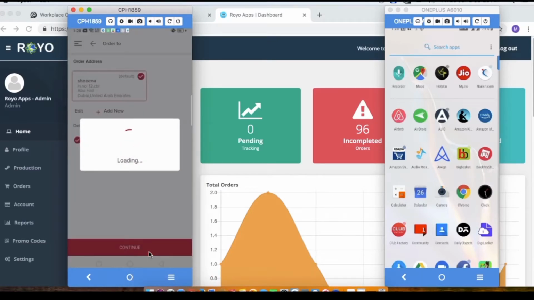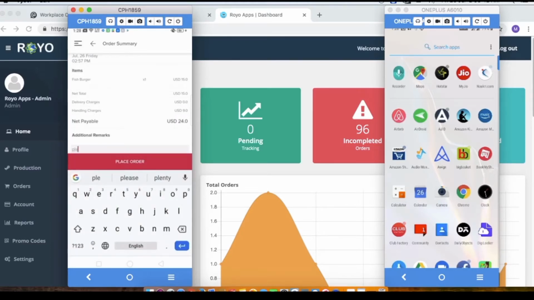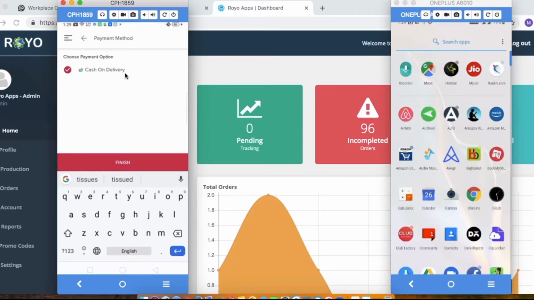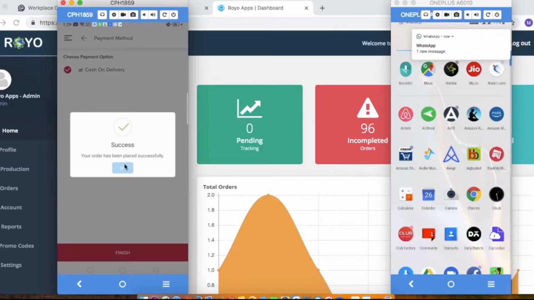and you will be directed to this order summary page. Here you can see order details, address, items in the cart and total charges. I can also add a note for the restaurants or the delivery agents. Please add tissues. So just click upon the place order button and here you can see the payment screen. Multiple payment options can be integrated with the app depending upon the location and requirement. Just select this option and click upon the finish button.